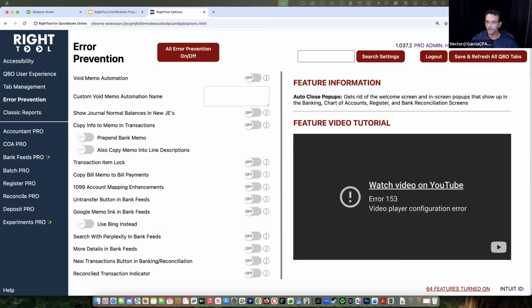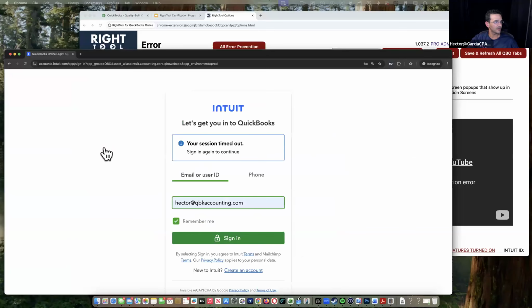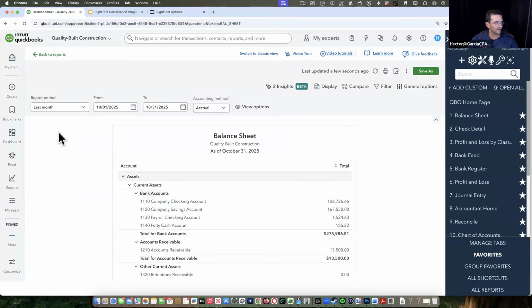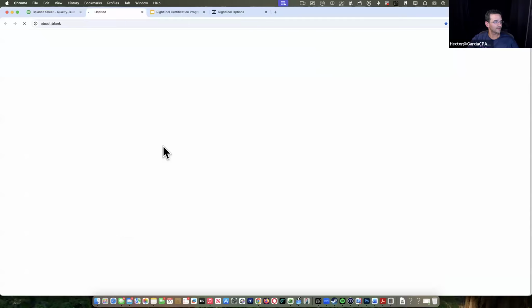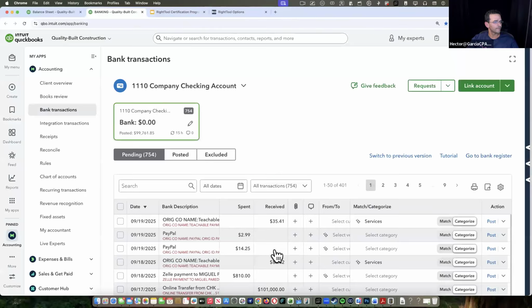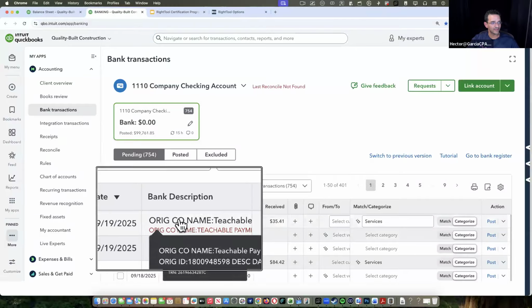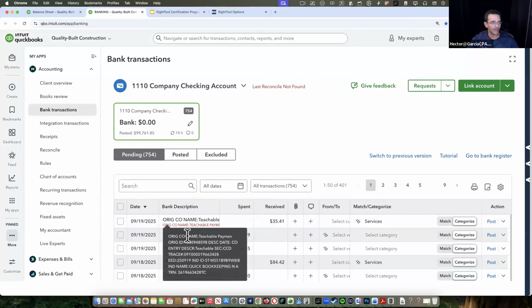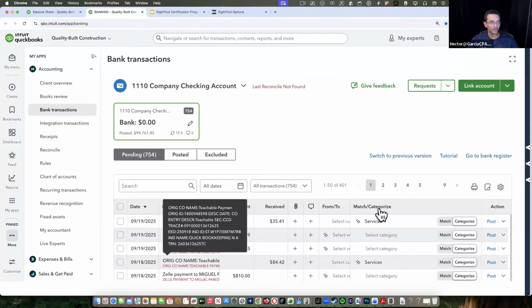And there was one question on one of the features. I think it was error prevention, and it was more details in the bank feeds. So I'm going to showcase that really quick. Let me see if I have a bank feeds option I could use here, and then maybe you can switch over if I don't have bank feeds ready to go. Let me check for a second, see if I have any transactions here to showcase. Okay, so this duality where you get the original bank information and the QuickBooks cleaned up bank information. The question was,